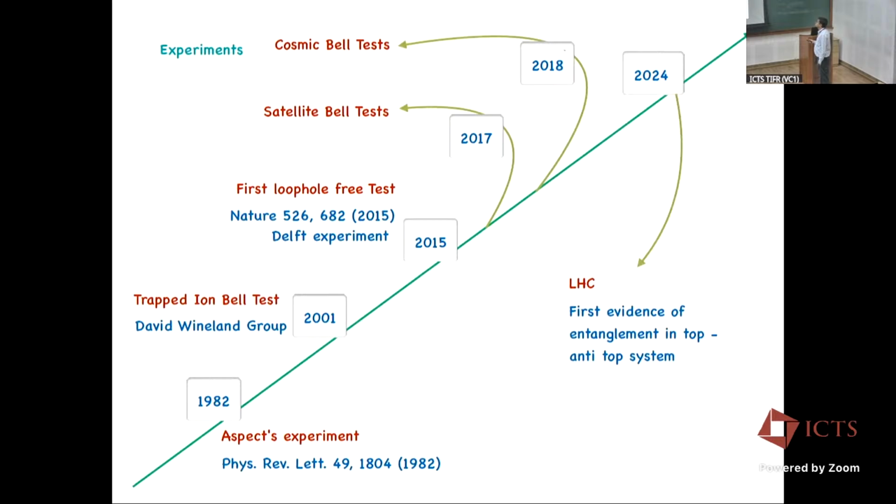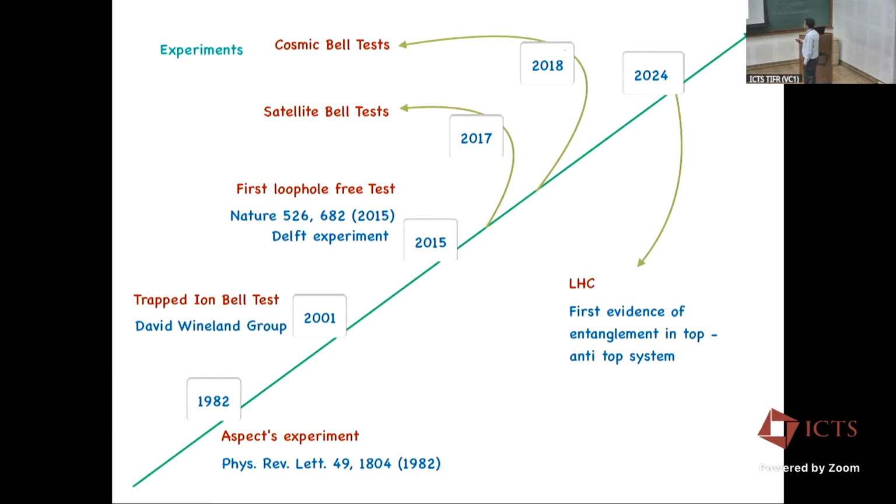Then in 2015 there was a breakthrough, because for the first time three independent groups validated this Bell violation, and they did what we now call the first loophole-free test. And since then, there has been a continuous effort to look for this Bell test in several energy frontiers and also several setups. So we can see the satellite Bell test in 2017, the cosmic Bell test in 2018, and in 2024, the experiment was performed in 2023 and published in 2024, two years back,